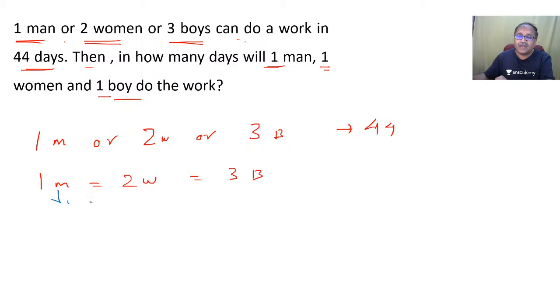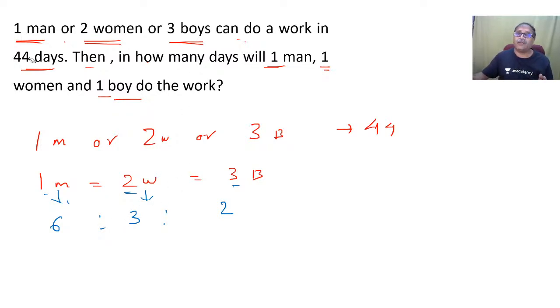For men, I will multiply this 2 into 3. Can someone answer the question? That's 2 into 3, that's 6. And for women, that is 1 into 3, that's a ratio. That's how we find out the ratio. If 2x is equal to 3y, then how do you get the ratio of x to y? In the same way, we are getting over here 1 into 3 is 3, and here it is 2 into 1 is 2. So that's how this is efficiency ratio. I repeat, this is efficiency ratio, right?